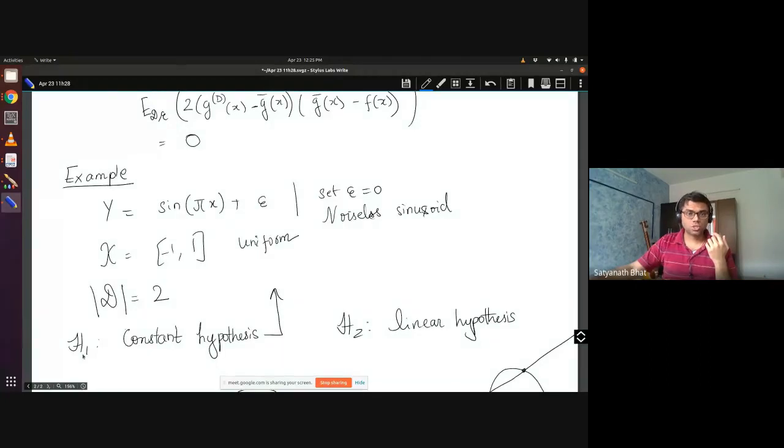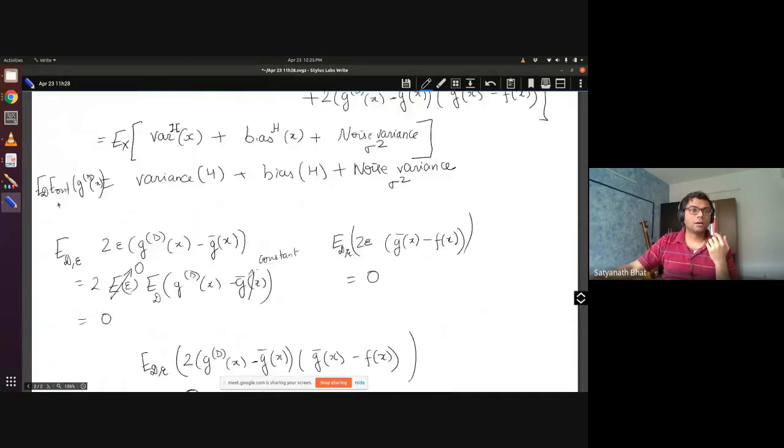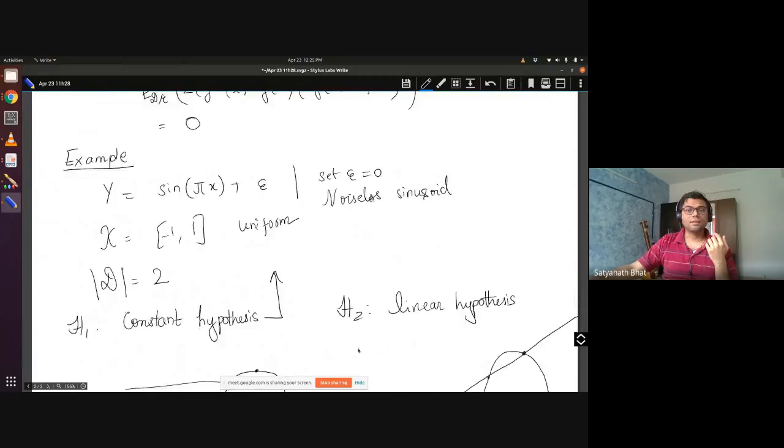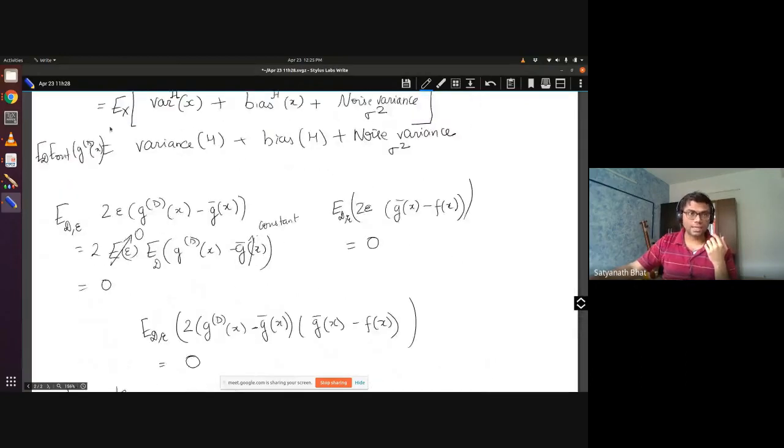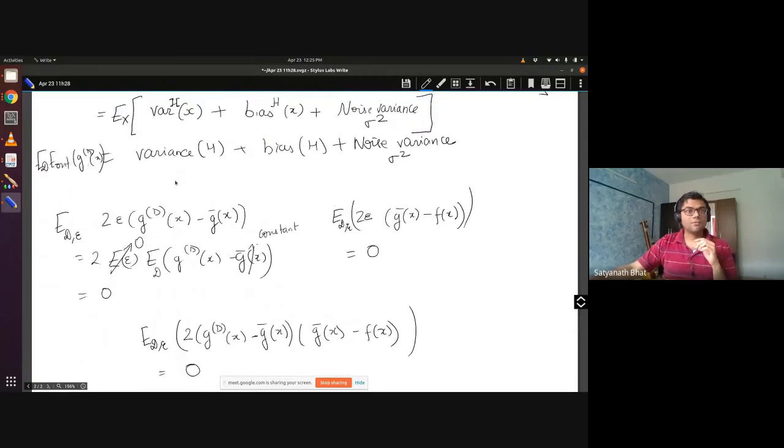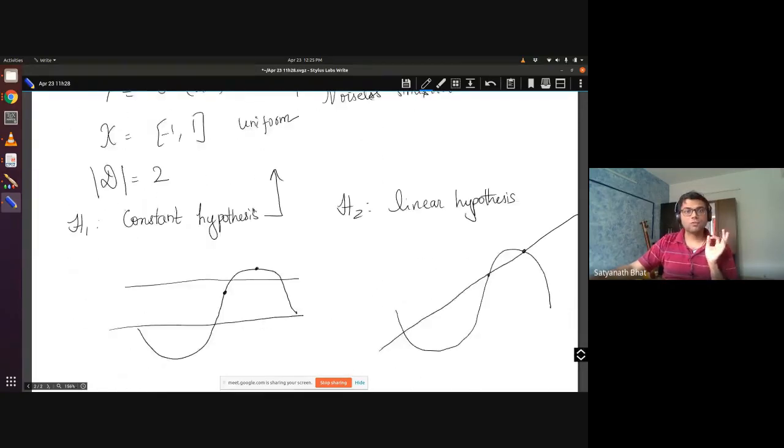If you choose constant, I will compute this number for your bag, and if you use linear, I will again compute the number for your bag. I will show you the variance, bias, all those things. But I would like to know, from your understanding of the model, what you think will minimize the expected value of E out for these 2 hypotheses. That is my question. Do you understand, Rohit?